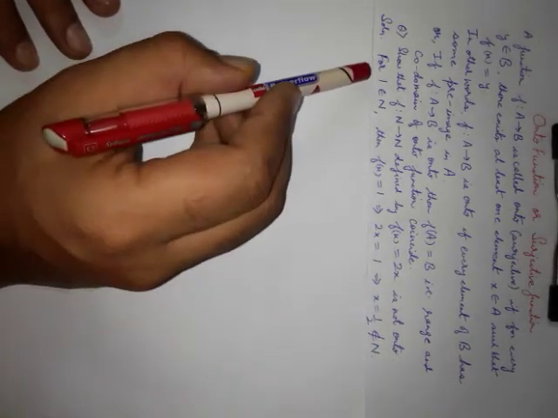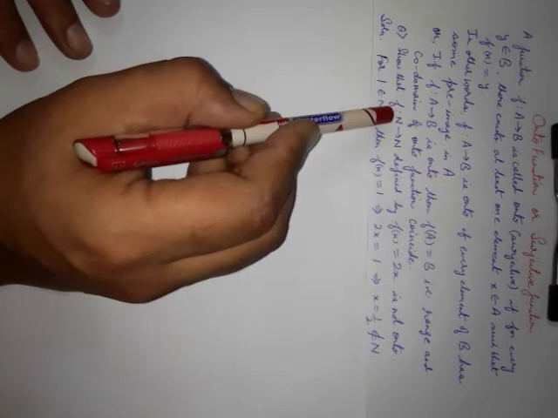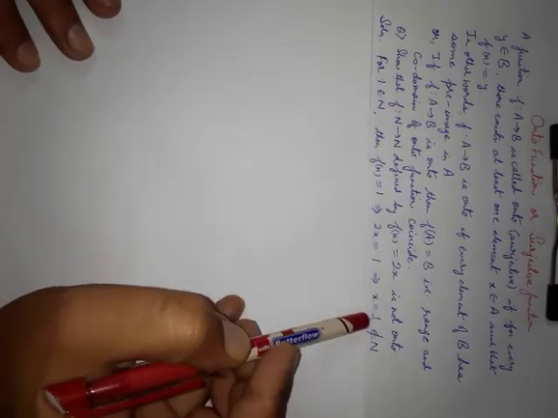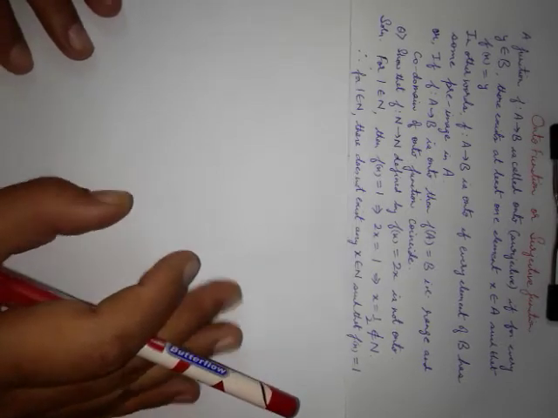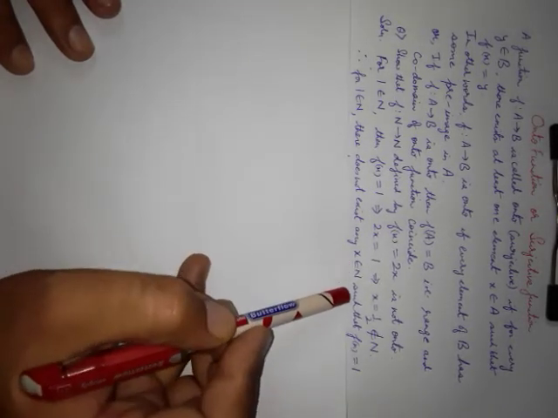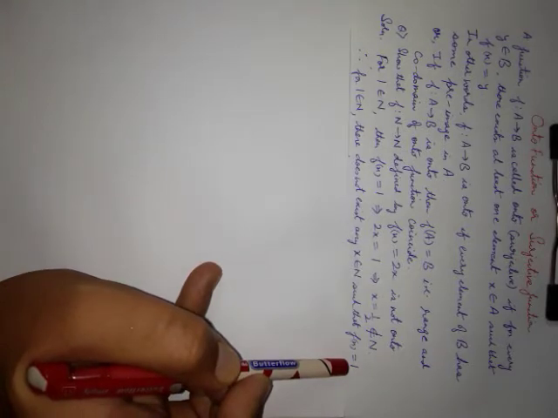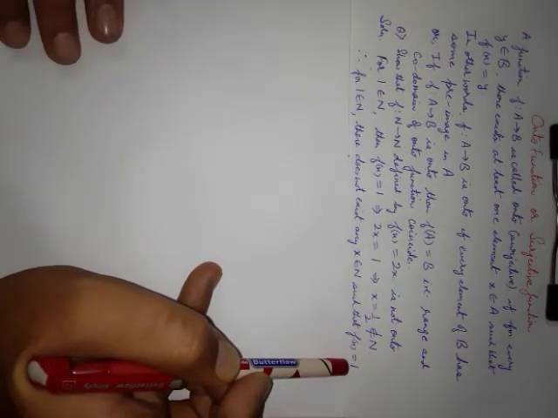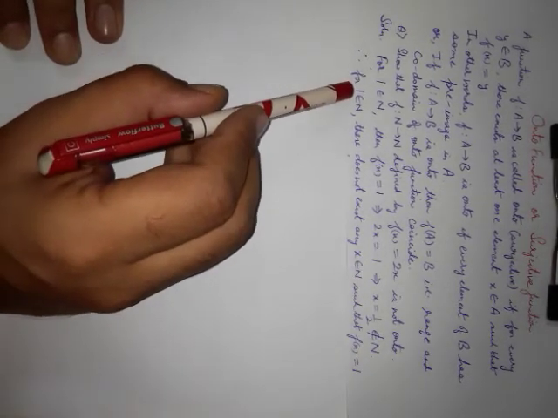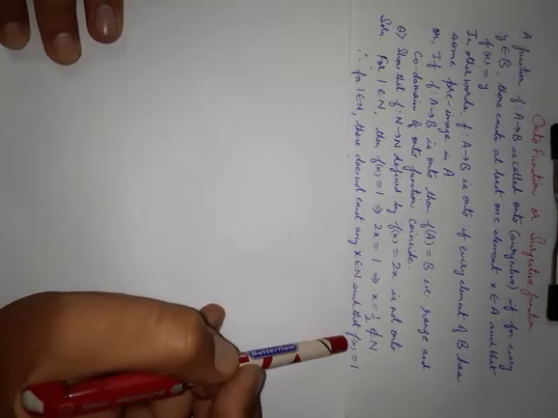So therefore the domain N does not contain this pre-image. So we have found one element, 1 belongs to N, there does not exist any x belongs to N such that f of x is equal to 1. So according to the definition, every element in the codomain must have some pre-image, but we have found one element that does not have any pre-image, so f is not onto.